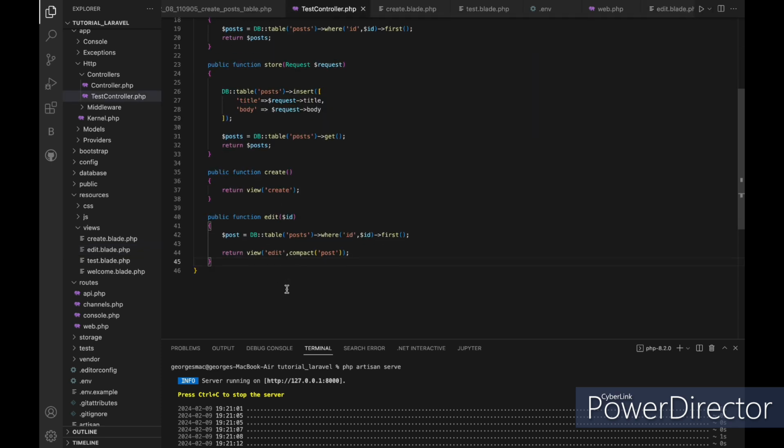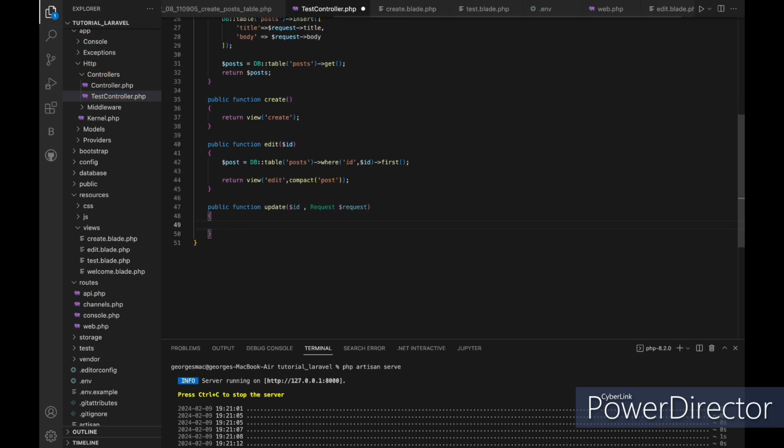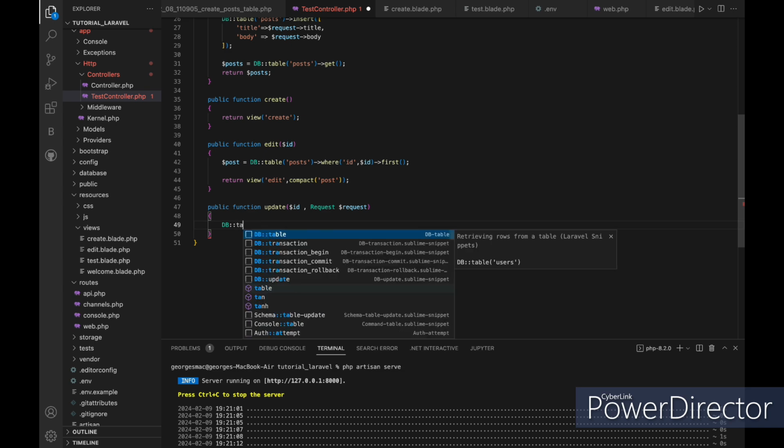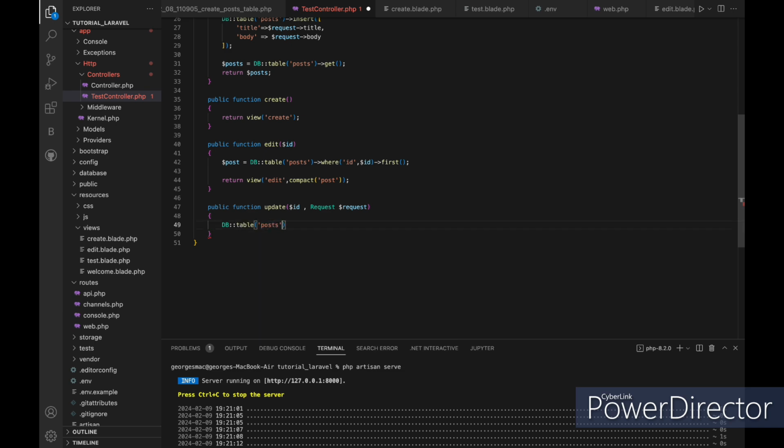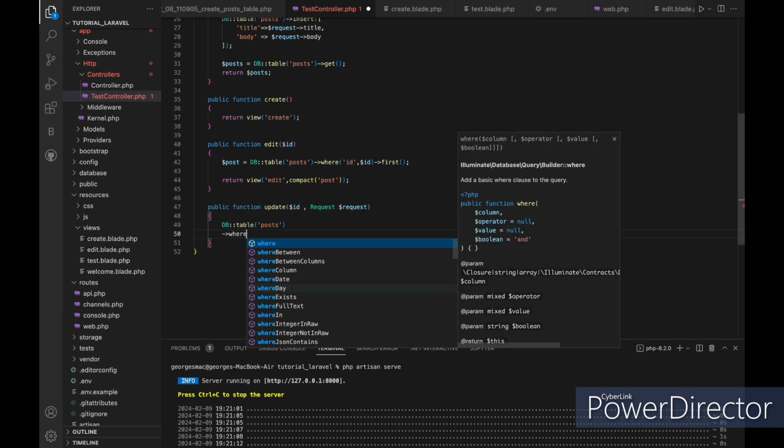Now let's make the update function. Like we just said, it will take the ID and the data, so there are two parameters for the update function. The first one is the ID and the second is the request object. First we will search for the post using the ID and using query builder like we did in the edit function, using the where method, but instead of chaining the first method to it we will chain a new method